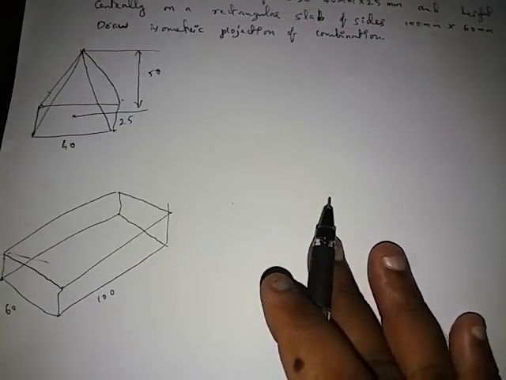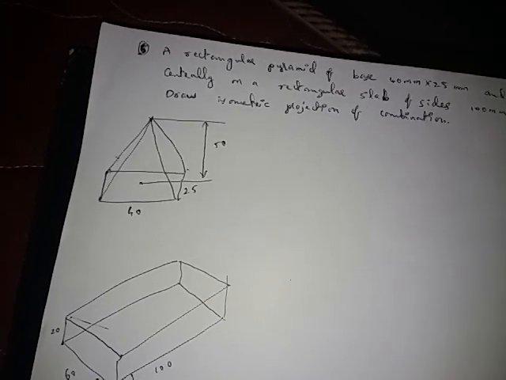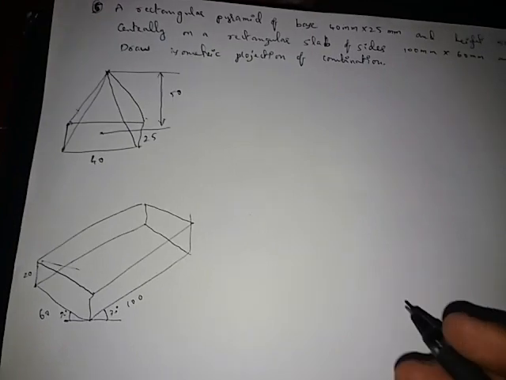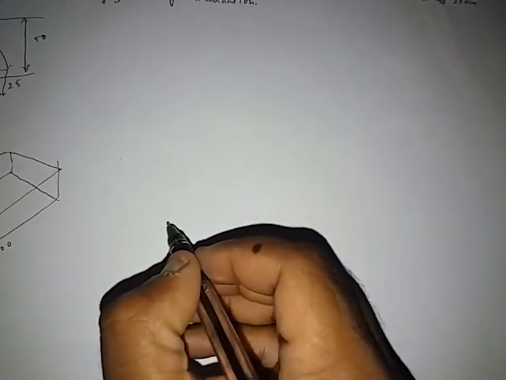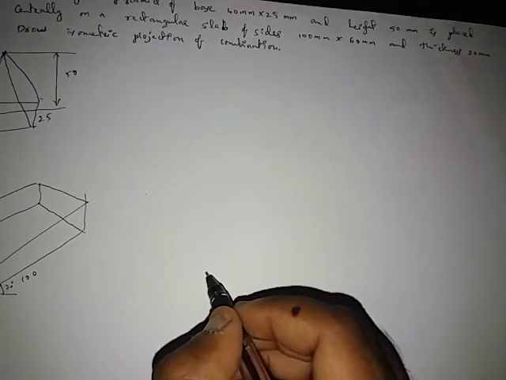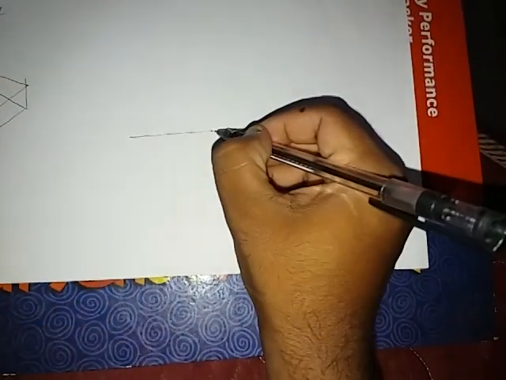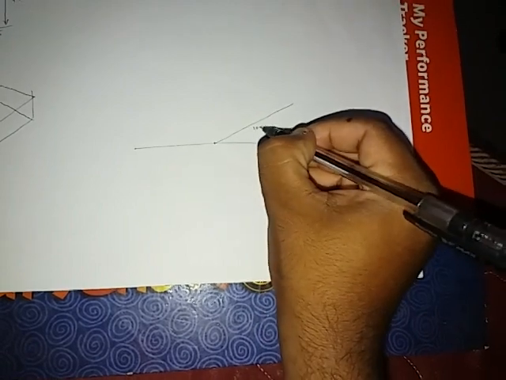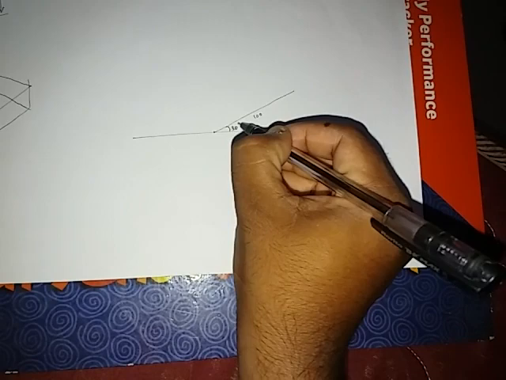So first what we'll do, we'll construct this. Consider this is a reference line, 30 degree line. So I'll start here now plotting both of them. First I'll draw a horizontal reference line. From there I'll start drawing the base object, which is the rectangular slab. So 100 mm to the right side, that is 10 divisions of the isometric sheet. This angle will be 30 degree.